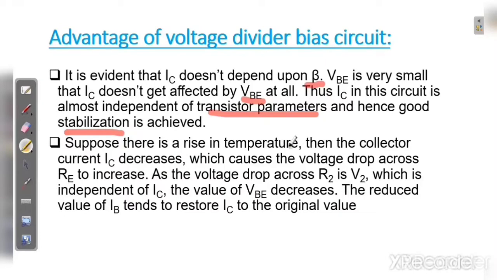If there is a rise in temperature, the collector current IC increases, but eventually the voltage across the RE is increased, so that the VBE decreases, which reduces the IB. So the IC is restored to its original value. Whatever happens, even in the case of temperature rise, the IB retains its original value. This is very important for the biasing circuit. So it is more stable than the other biasing circuits. Now we are going to implement this in the Multisim.